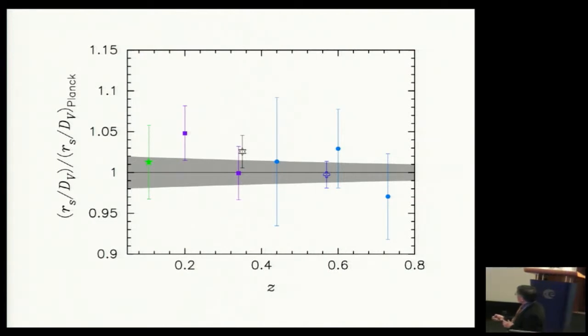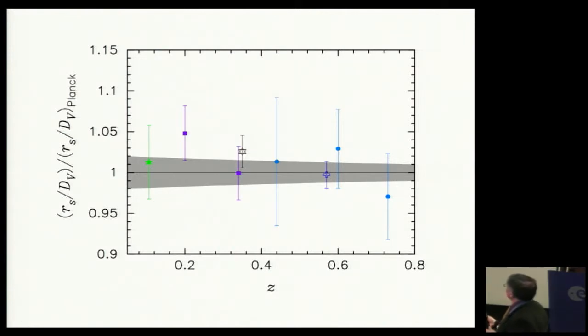So that relates this to a physical scale on the sky. That's what the baryon acoustic oscillation surveys measure. And then that's divided by the predicted number for the Planck cosmology with a plus or minus 1 sigma band. And you can see that it provides an absolutely brilliant match